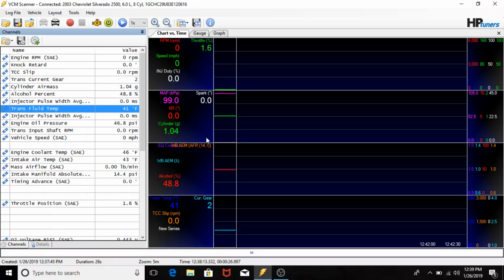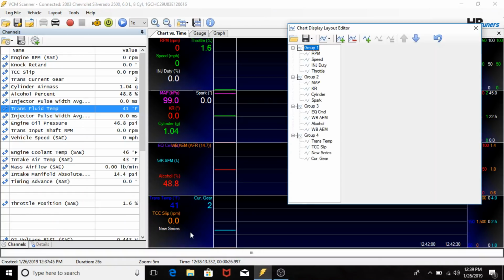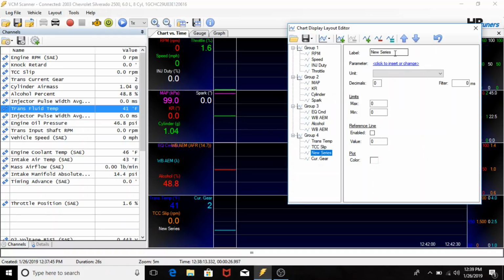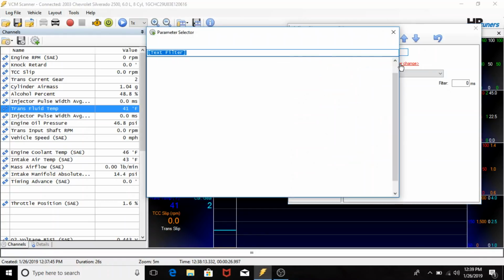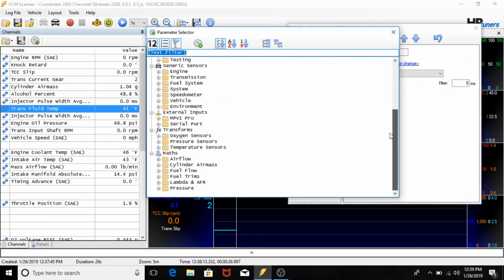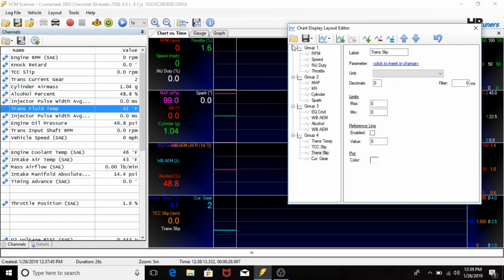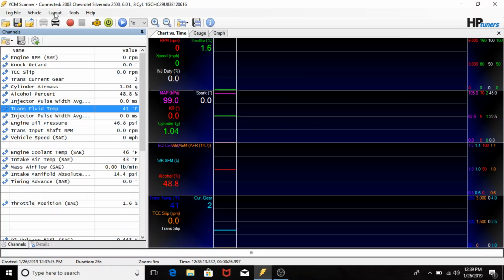All right, so one thing I do want to add here is this one down here. We're going to change this one to the transmission slip, but that one's going to be a math parameter. So in order to add a math parameter in this list here, for this new series that I want to call trans-slip, you can go up here and click on maths. There's a math section down here, but what I'm going to add is a user-defined math. So this is going to be a calculation that I'm going to make up. You go up to Tools, and then Math Parameters,